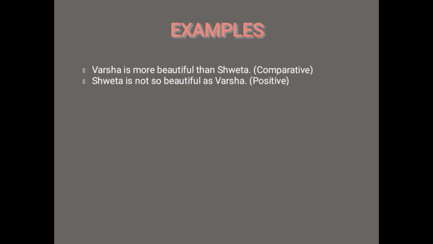You have to change the subject to object and object to subject. Fine. From comparative to positive, we have to change the subject into the object's place and the object into the subject's place. So Shweta is not so beautiful as Varsha is correct, and Shweta is not as beautiful as Varsha is also correct. In the positive form, so as or as, both are used. The next example is: he is not taller than you. It is also comparative form. So you are as tall as him, or he, that is also correct.